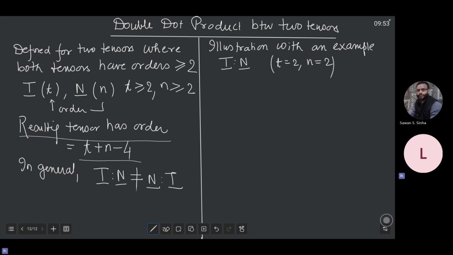I want to leave you with one thought. You may be wondering why we are defining dot vectors and dot products in these specific ways. I'm going to tell you that